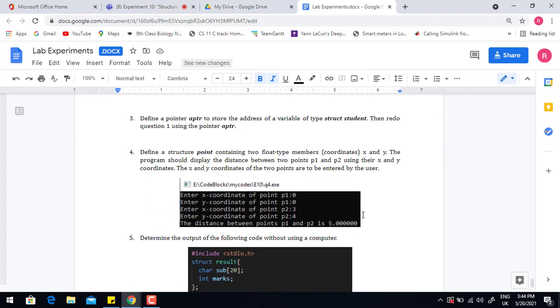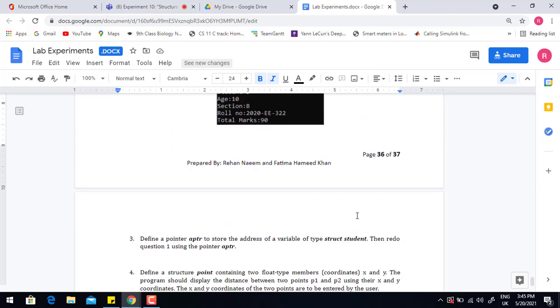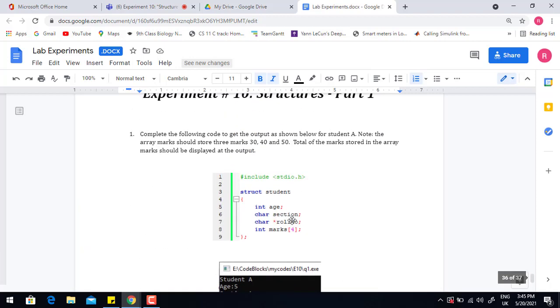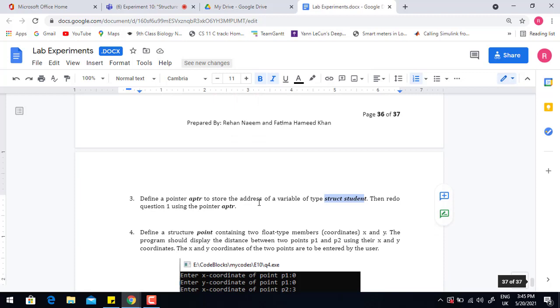Okay, in question number 3, now what you have to do in question number 3, you have to define a pointer. The name of the pointer is APTR, and it should store the address of a variable of this type, struct student. So struct student टाइप का वेरिएबल जो है वो आपने क्रिएट करना है और उसका एड्रेस जो है वो APTR के अंदर आपने स्टोर करना है.